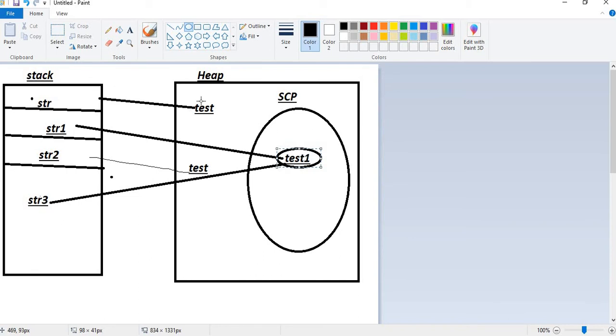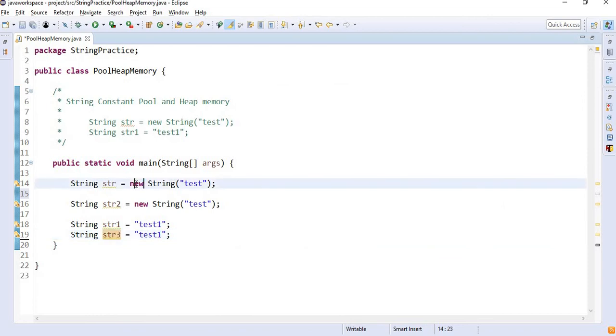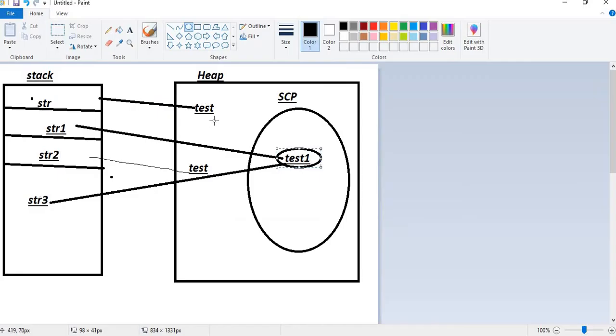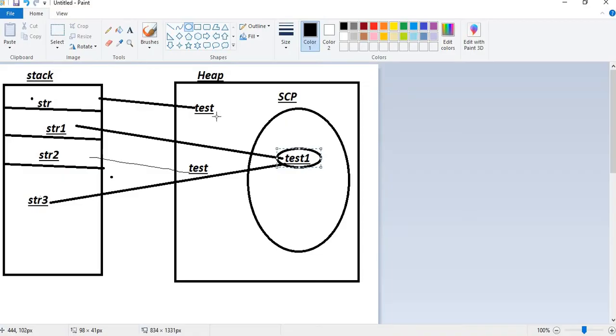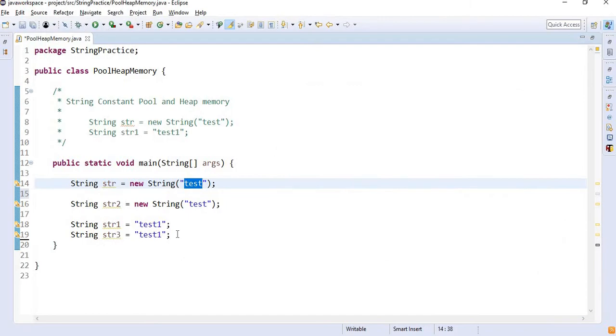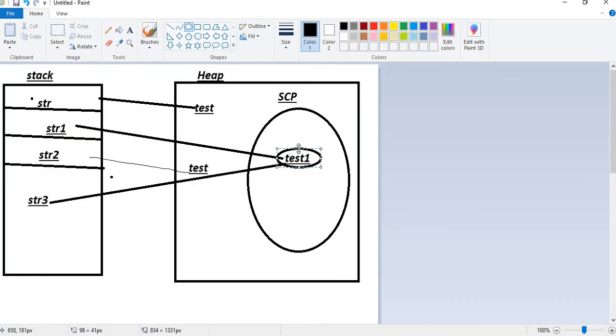When we create an object or assign a value with the new keyword, it will always create a different value in heap memory, no matter if the value is the same. But inside pool memory, it will check if the value is already there, and then it will not create another address or reference, and my variable will refer to this address.